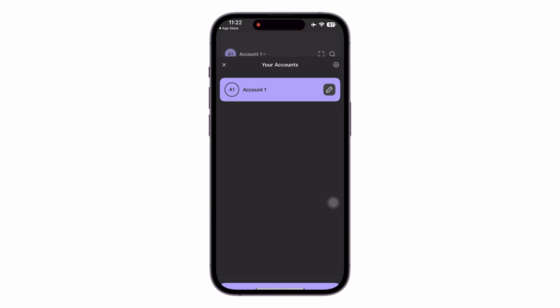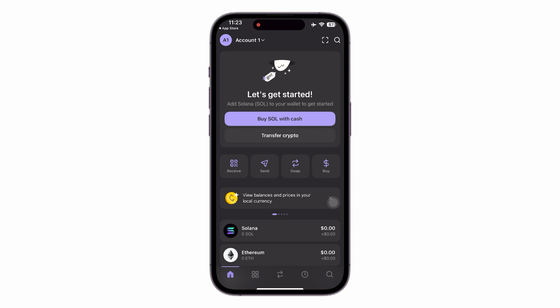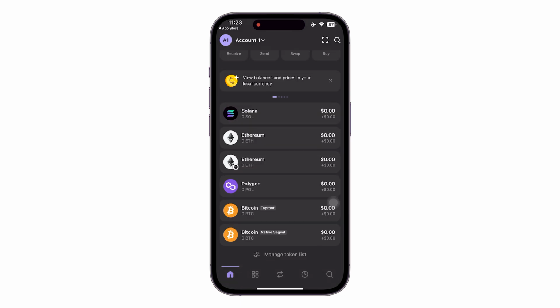Once you open it, it will be asking you to set up your private key, and make sure to choose that. The private key is going to be a couple of words that are required to be set up, and that is going to be acting as your login to your Phantom wallet. Make sure you have your password and username already adjusted as well, and once you do,